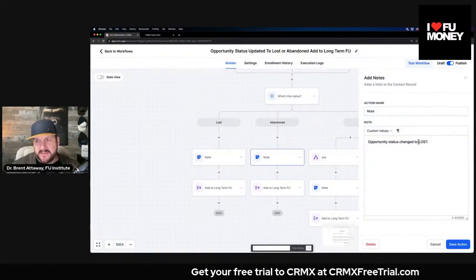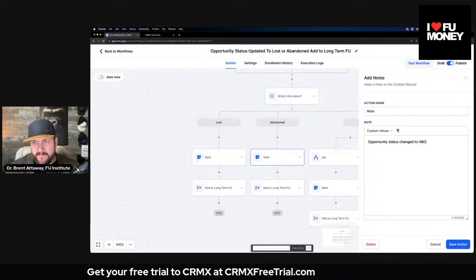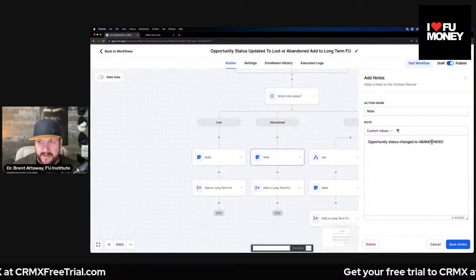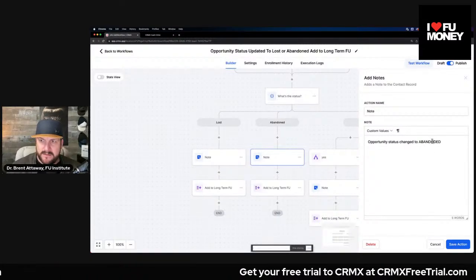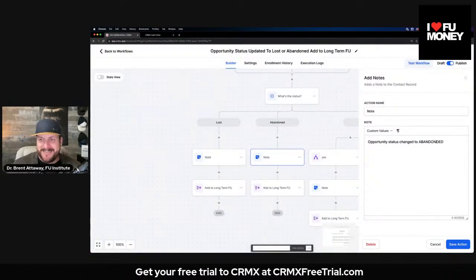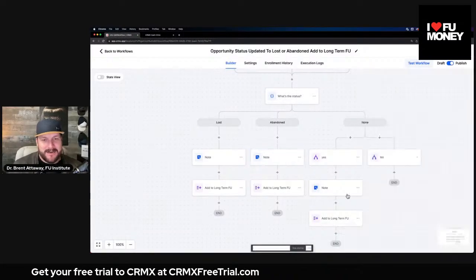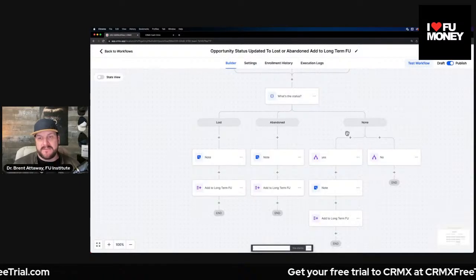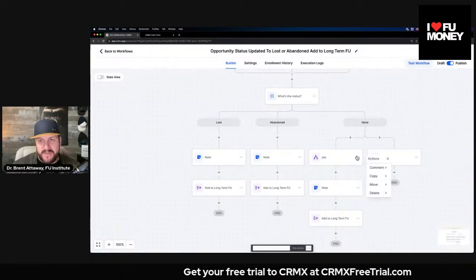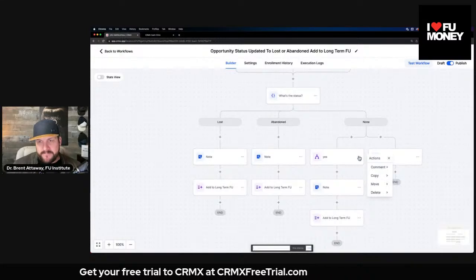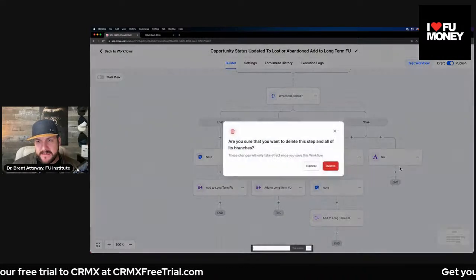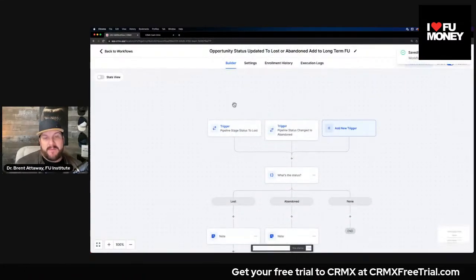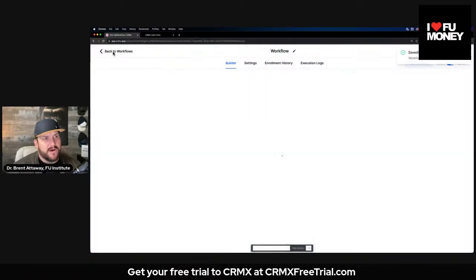I do need to change this. It says to abandoned, right? Abandoned. I can't spell abandoned. Oh boy. And then I do want them to be moved into long-term follow-up. So that's it. That's the only difference. This right here, I'm not going to worry about for now. Otherwise, you can delete actions. Okay. Like I can just go like this, boom, delete action, right? So we're good. Save. So now what that means is every time that somebody marks, and let's go test this,